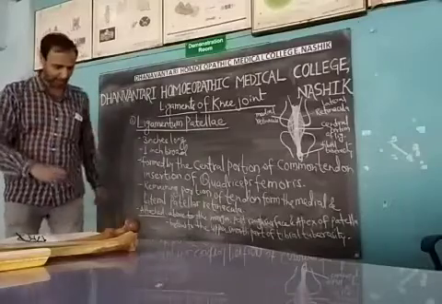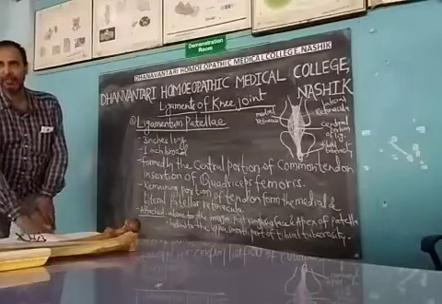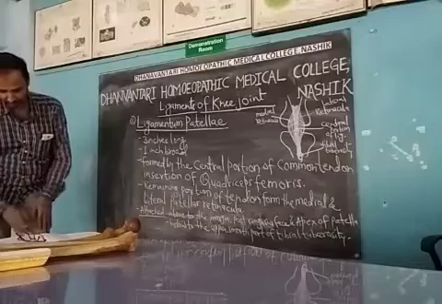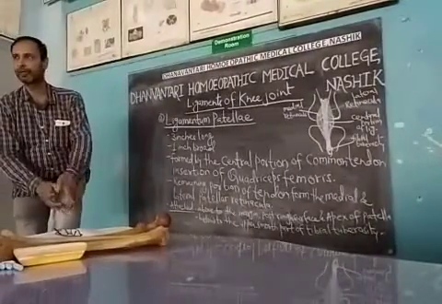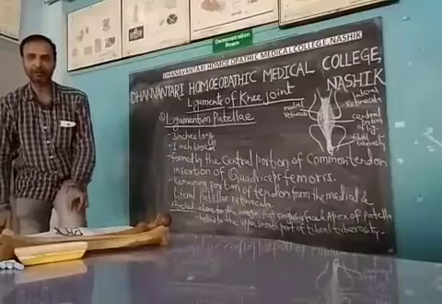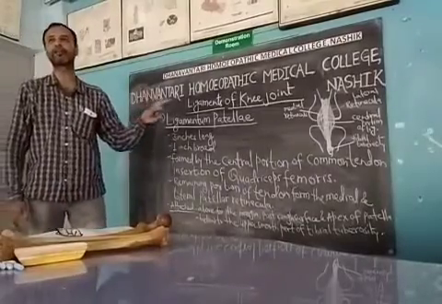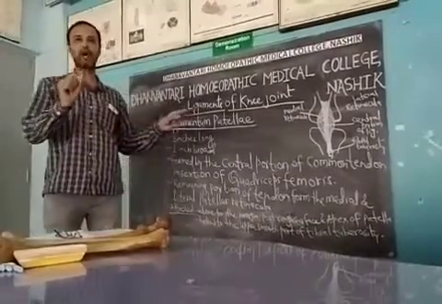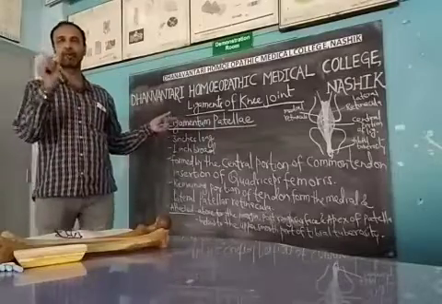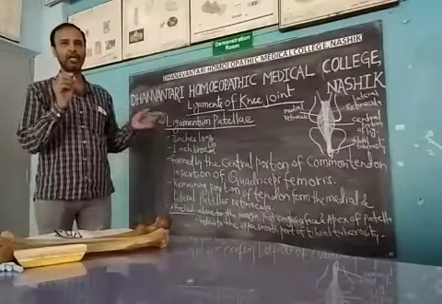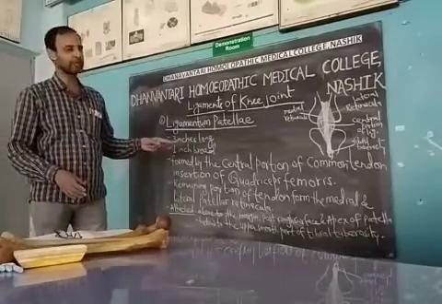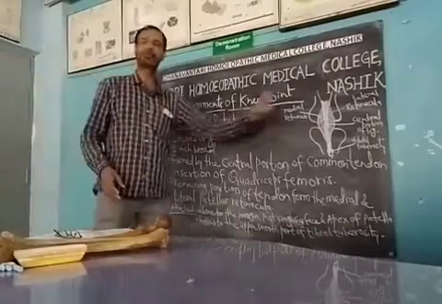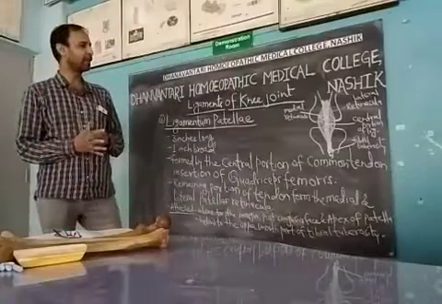Like here in the thigh, the quadriceps femoris has a tendon which goes and attaches to the tibial tuberosity. That central part, the central portion, is a very important part here. So how is the ligamentum patelli formed? It is formed by the central portion of the common tendon of insertion of quadriceps femoris. That is what we can say about the ligamentum patelli.